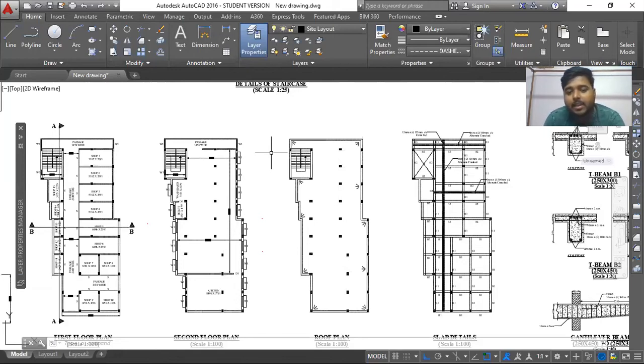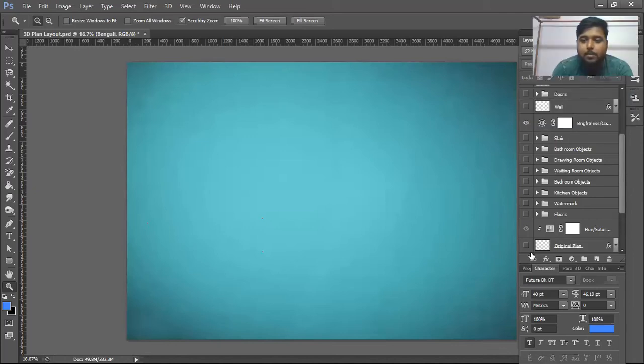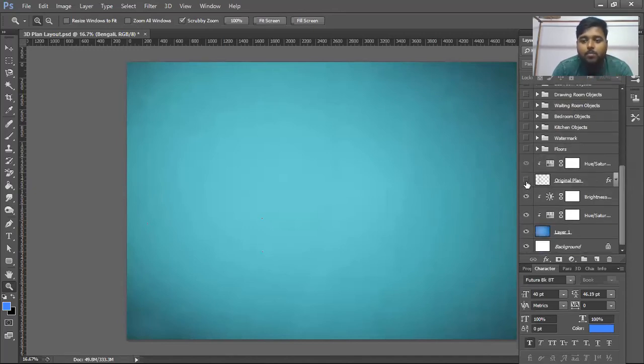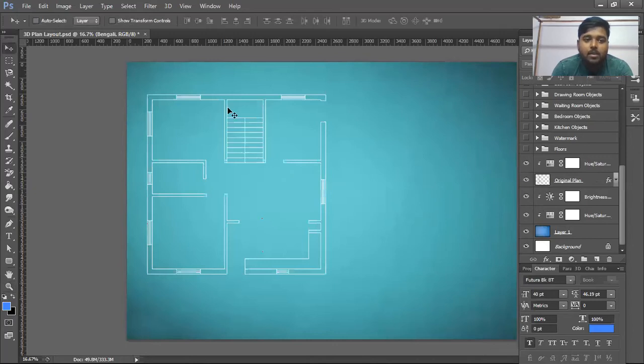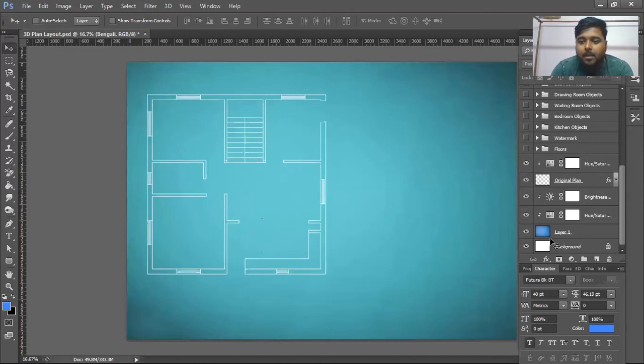So in that case, you have an alternative that I'll not teach, because this is not under this particular internship, but I'll show you how you can do. And that is the thing where I'm going to use Photoshop. So basically, once you draw something in AutoCAD and save it as PDF, then you can import it as a line diagram into Photoshop. So this is basically imported from a PDF. Okay. So this is the line diagram of the plan, and now I'm going to show you.